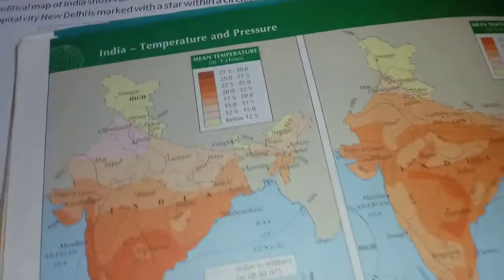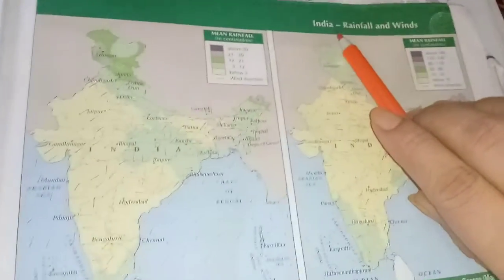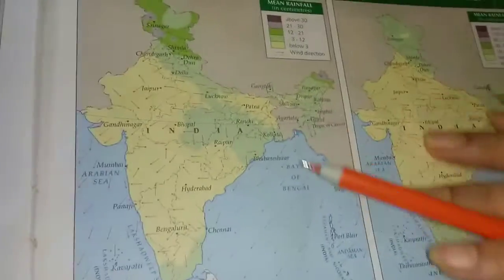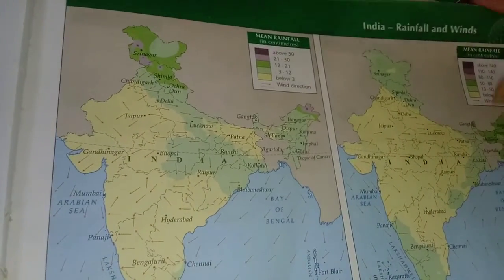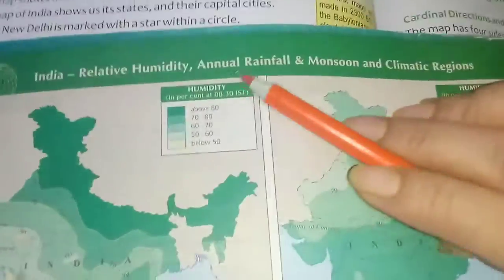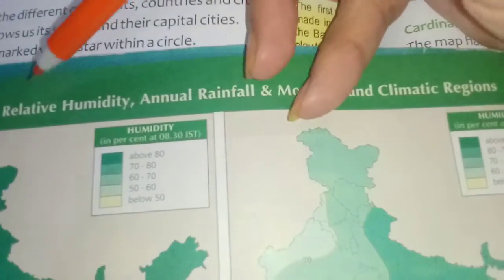And this map shows India's rainfall and winds. This is also a climatic map. This map shows rainfall and wind. Okay, now this is also another type of climatic map, showing relative humidity, annual rainfall, monsoon and climatic region.